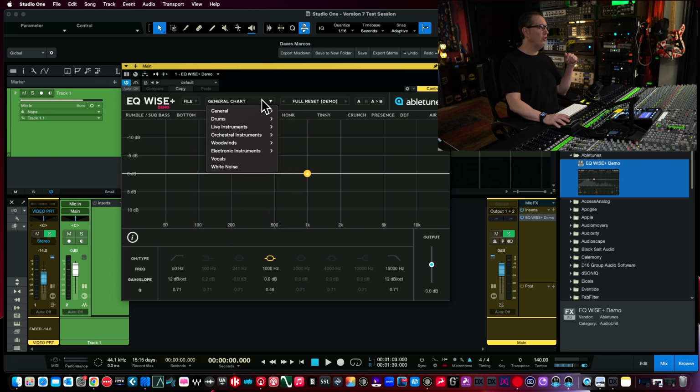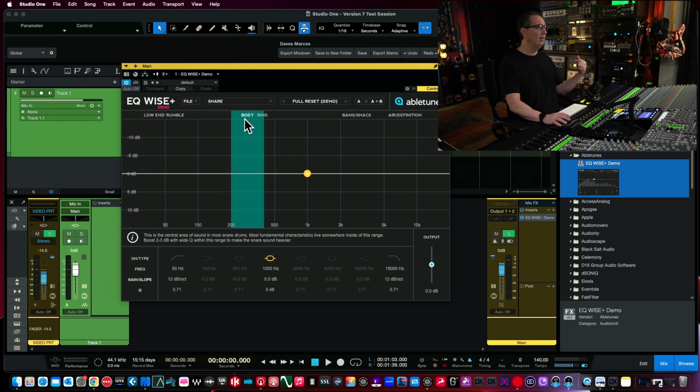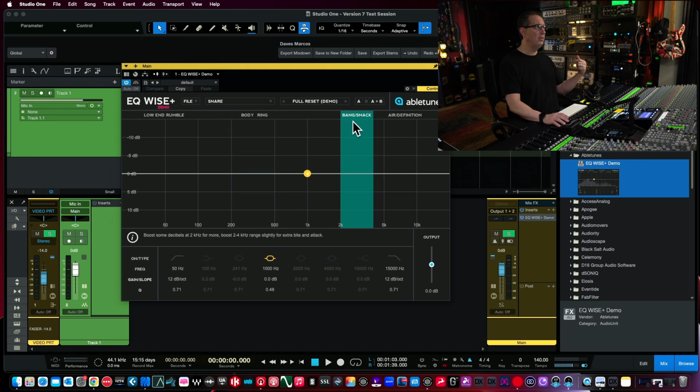And if you want to change the charts, like this one here is, like I said, a snare. So if you just want to EQ your snare drum, for example, you can see the low end rumble is down in this range. The body in the ring is up in this range, right? And you get the smack up in this range, the air and the definition. So it's a good way to kind of give you,